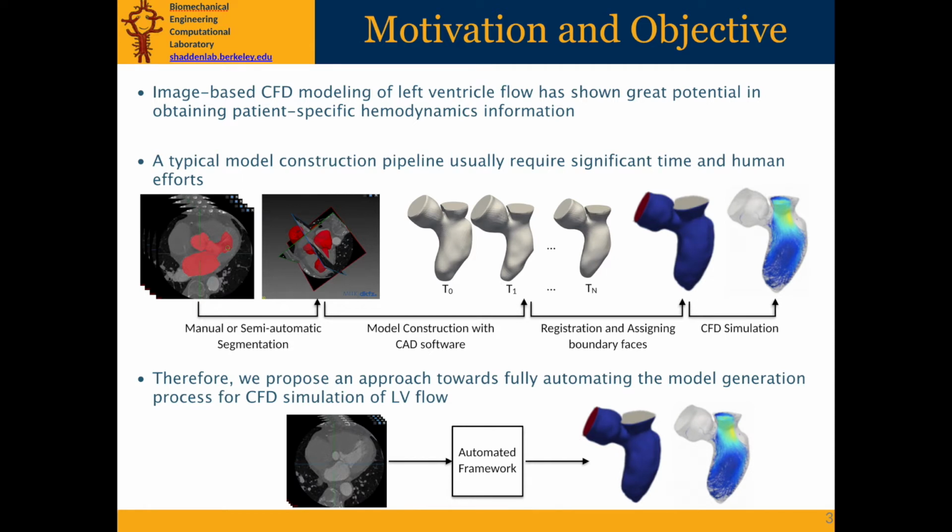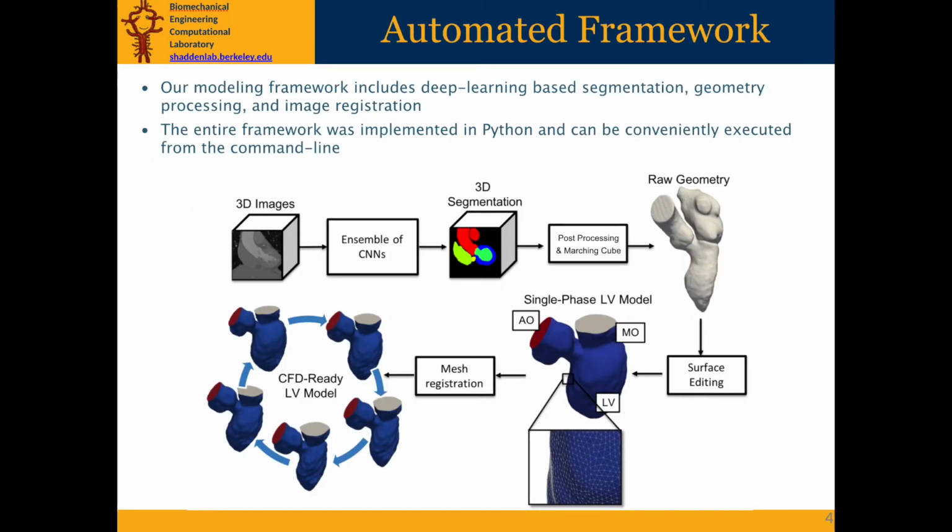Therefore, we propose an approach towards fully automating this model generation process for CFD simulation of LV flow. Now I'm going to explain our automated framework. We first train an ensemble of convolutional neural networks for automatic segmentation of cardiac structures from 3D patient images. Starting from clinical MR or CT image data, the convolutional neural network model automatically segments left ventricle, left atrium, and